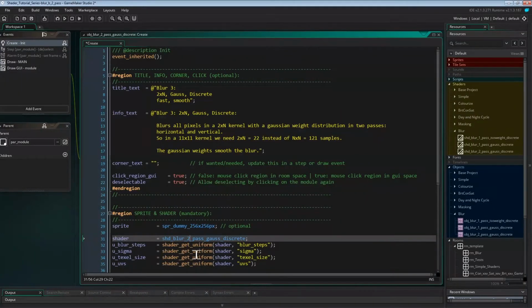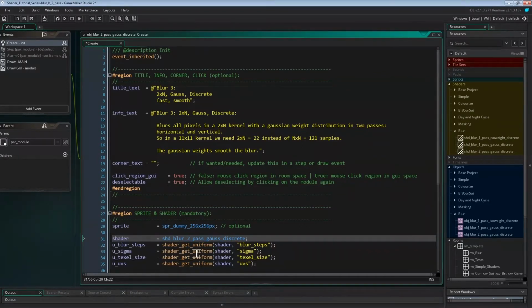In the last video we used the UVs of the sprite to calculate texel size and to clamp the samples to the UVs of the sprite. But since we're post-processing a surface now, we won't need any UVs anymore. The surface's UVs always range from 0,0 to 1,1, and the samples are clamped automatically. But now that we're blurring in 2 passes, we'll need to tell the shader which direction to blur, vertical or horizontal. We could do that by creating 2 shaders, one for a vertical blur and one for a horizontal blur,